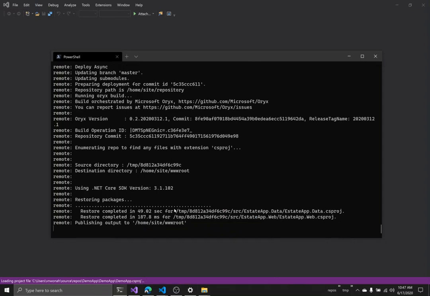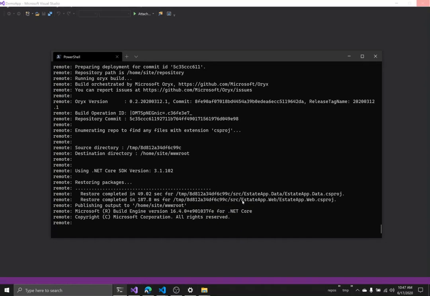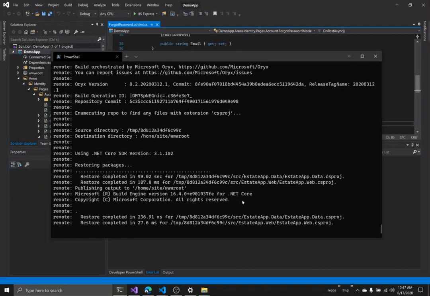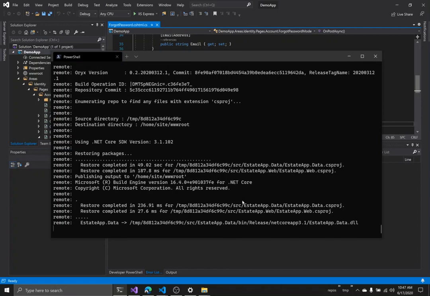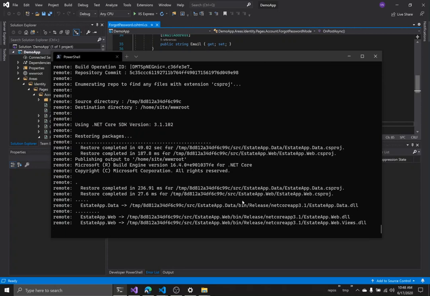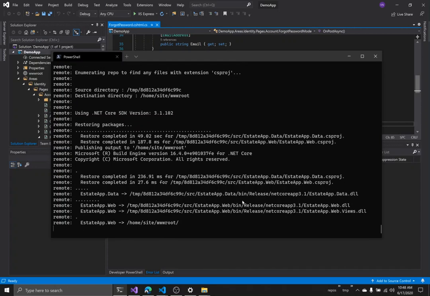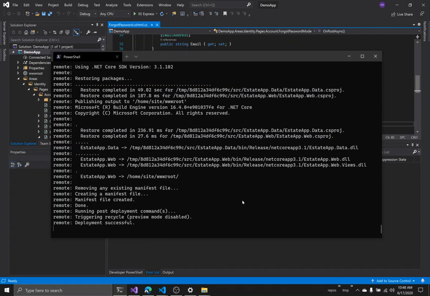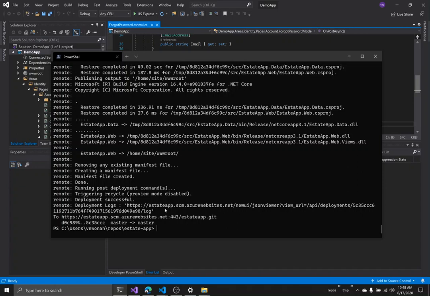Let's see how the build is doing. Okay, so it has built the site. Alright, so it says deployment is successful. Before we continue, before I go and check if I can actually view it in the browser,